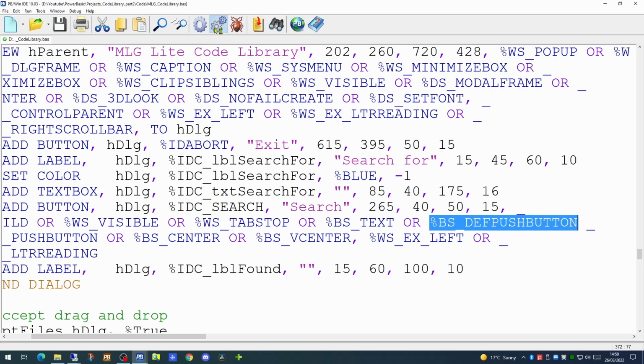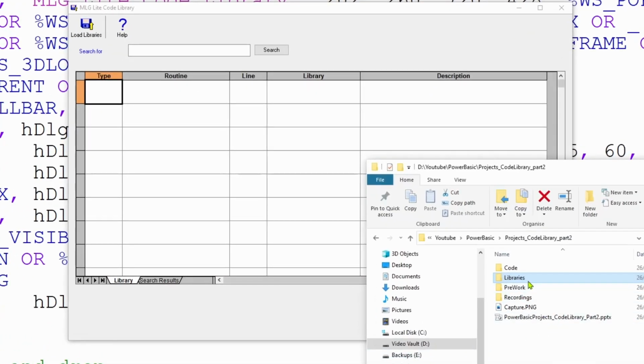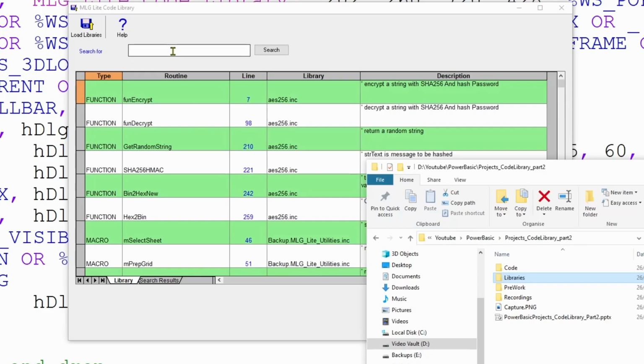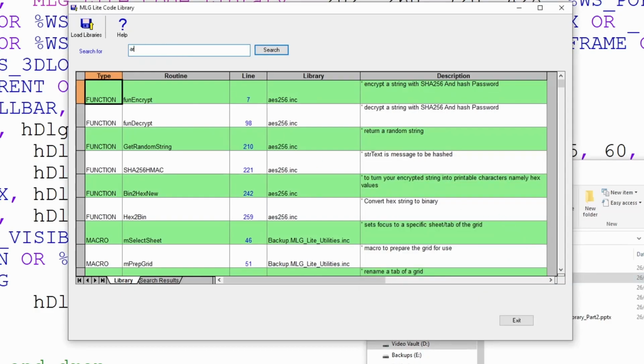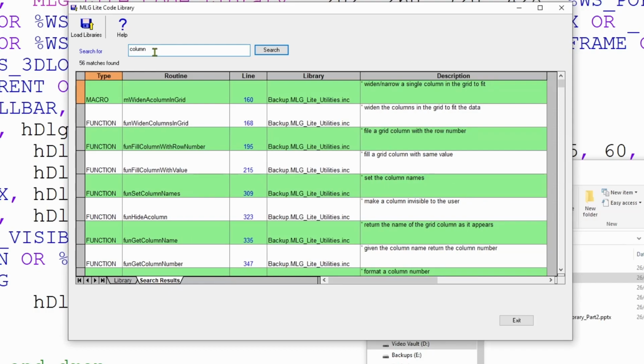So having done that, if we run our code now, bring our library in, type in what we're looking for, and press the enter button, it will search quite happily, saving the user having to move the mouse. And it's correctly telling us it's found 14 matches. So anything you need to look for, you merely have to put the text in now, hit the enter button, and the number of matches will be brought up. So it should be easier to actually find libraries.